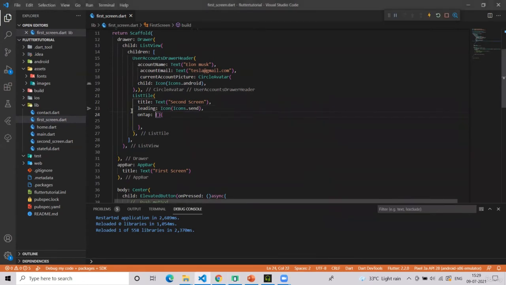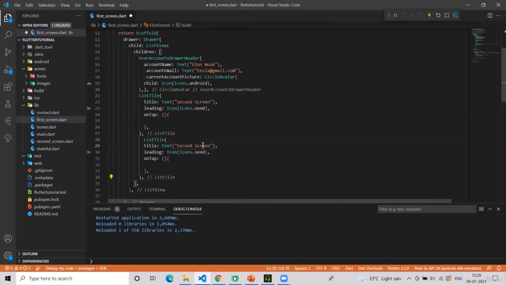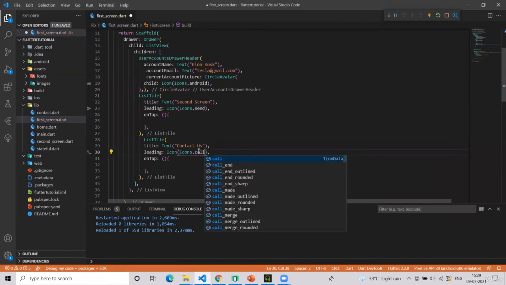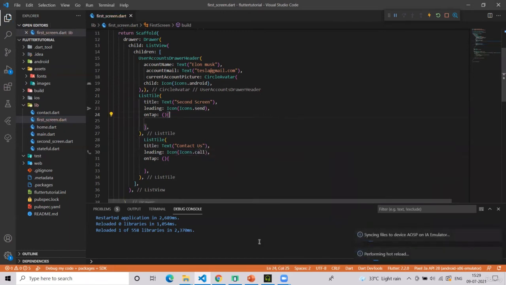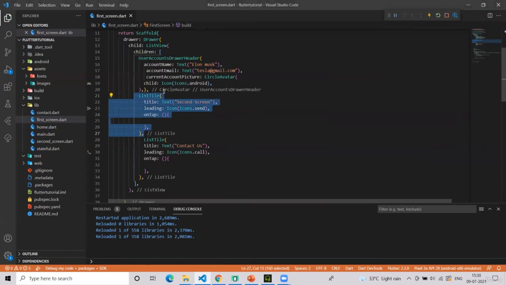Suppose this is a home. I will copy and give another, like contact us, and I will simply write Icons dot call. See, with this side navigation, it's looking very good. I will give another home page as well.